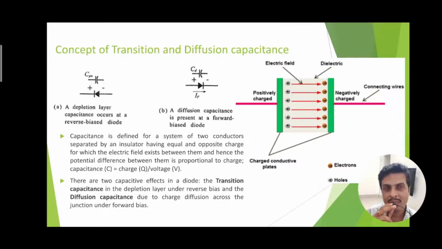Under the biasing, we have already seen that under the forward bias, the depletion region reduces because more and more acceptor ions and donor ions are covered with the holes and electrons. On the opposite side, under the reverse bias, we see that the depletion region is gradually widening because more and more immobile charges are uncovered at the depletion region, because the charge carriers are leaving away from the depletion region towards the battery terminals.